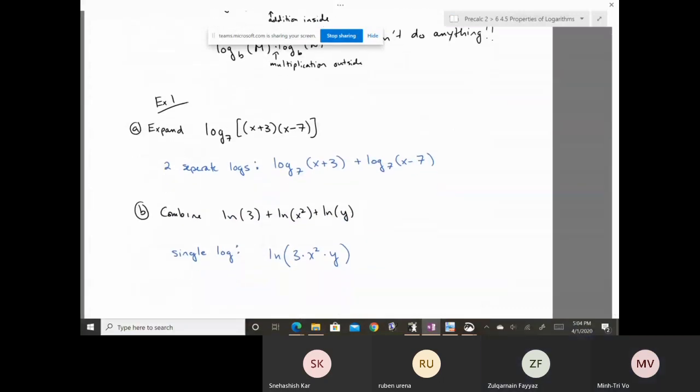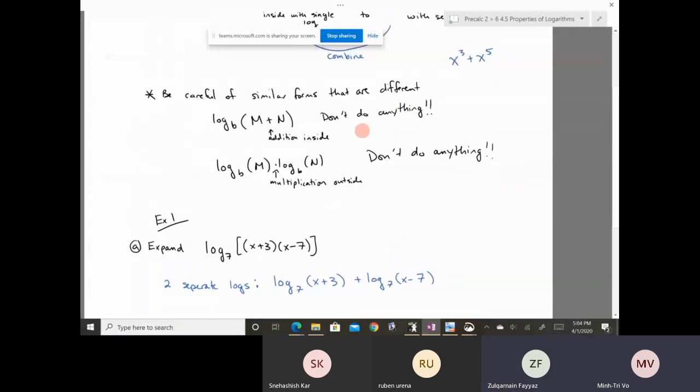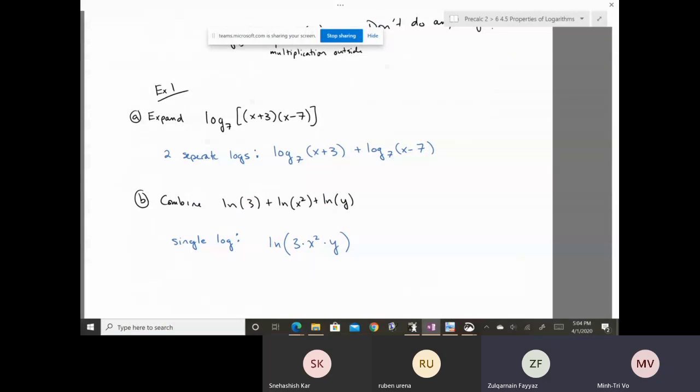Okay, so this example is already written out, but it basically just follows the rule, right? So again, you use it in two ways. So if you're expanding, right? You're expanding the log, right? So the multiplication is inside the log, and it changes to